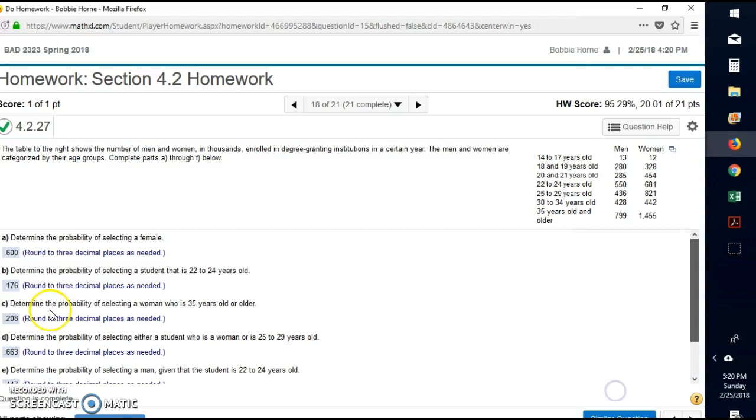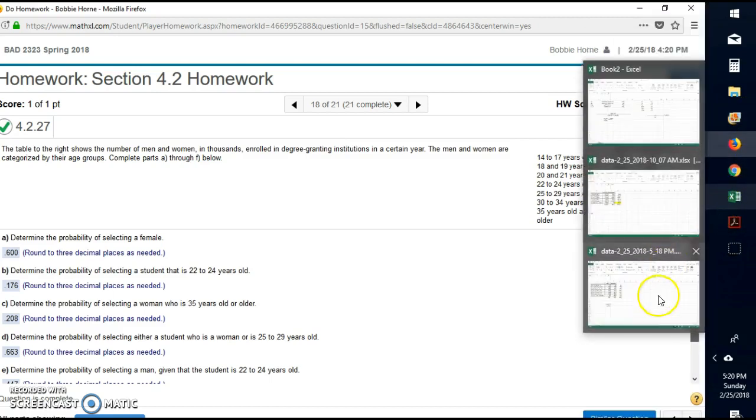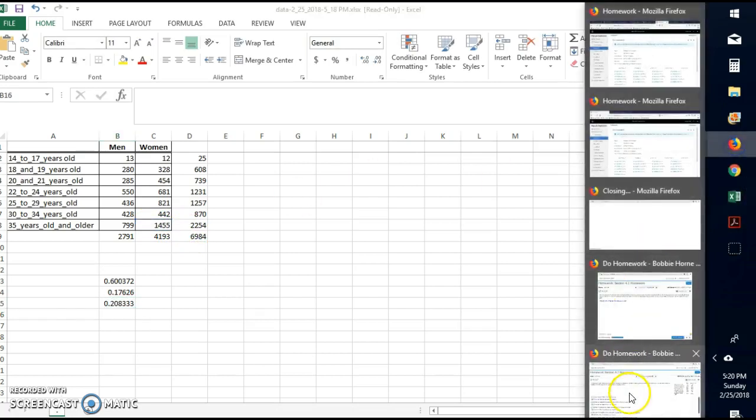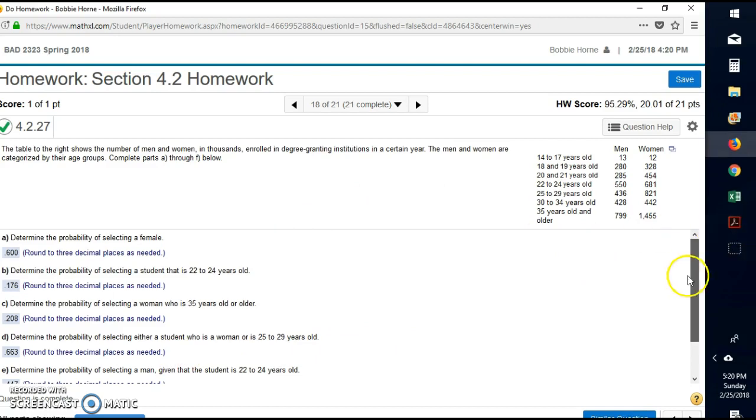Let me find where I am. Alright, determine the probability of selecting a woman who is 35 years or older. So 35 years or older. So you would do the women divided by the total, and you would get 0.208. And then